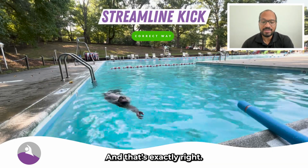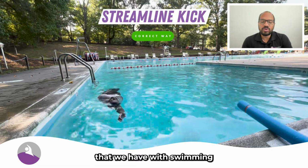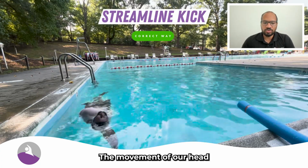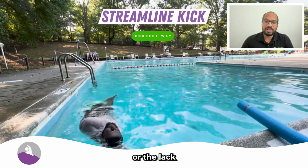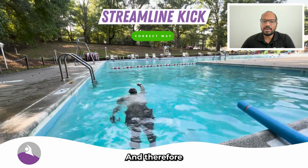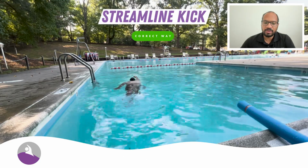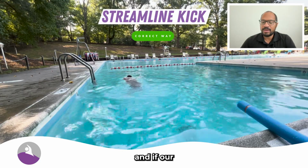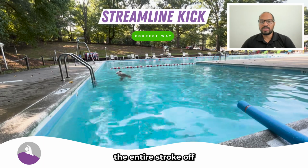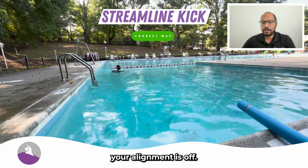and that's exactly right. A lot of the problem that we have with swimming is our head is not controlled. The movement of our head, or the lack thereof, is not controlled, and therefore the rest of our body has to follow our head. And if our head is not positioned in the correct way, it throws the entire stroke off because your balance is off, your alignment is off,